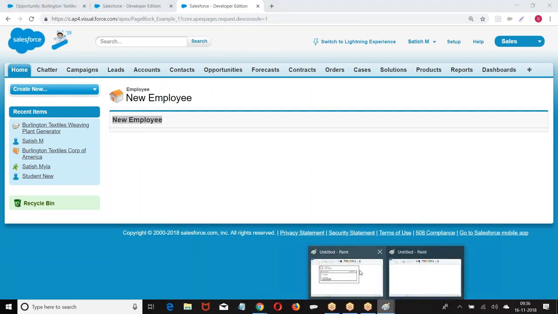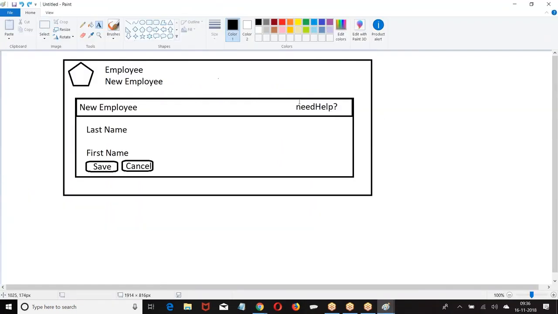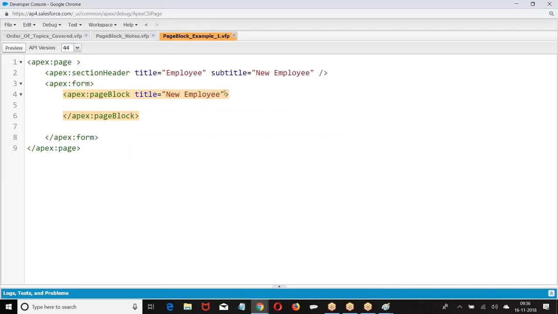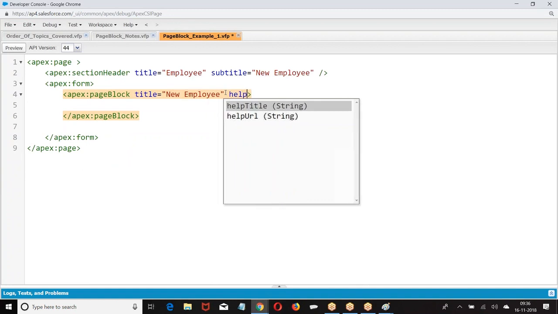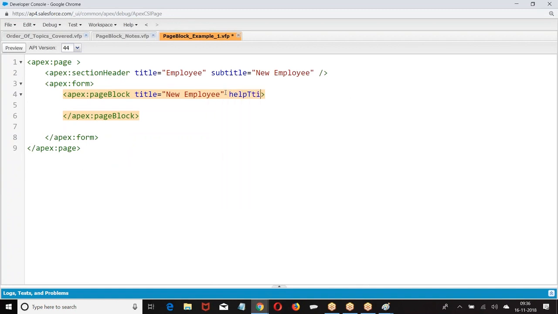Next, I said, need help. Now I want to print something on the right corner of the header. If you want to print anything on the right corner of the header, it should be help. You can give anything of your choice, it's a message. I am giving my message called need help.